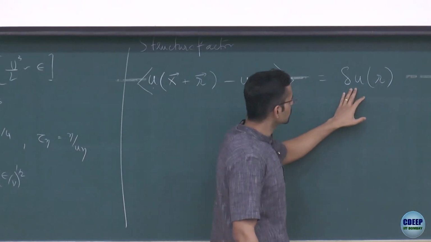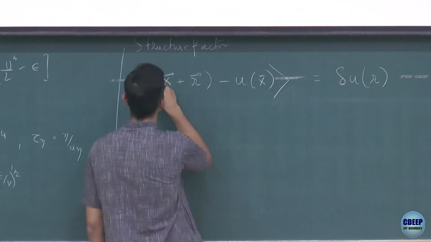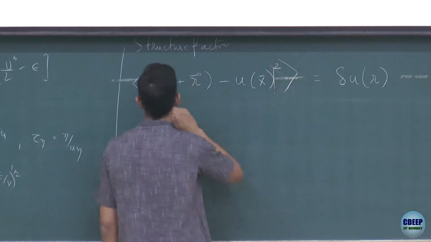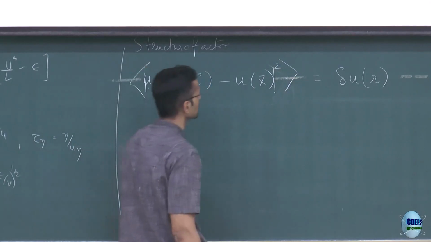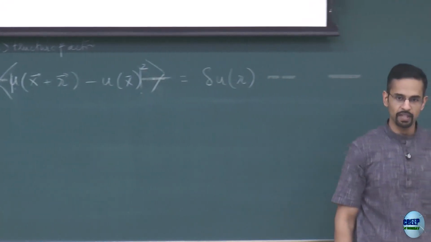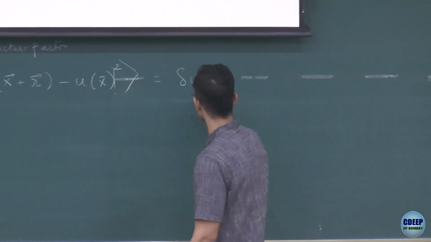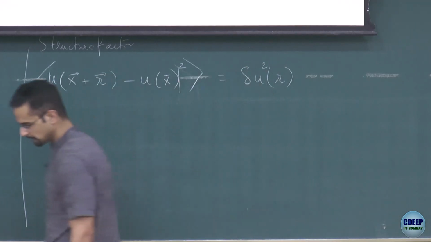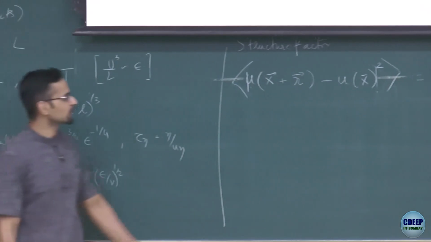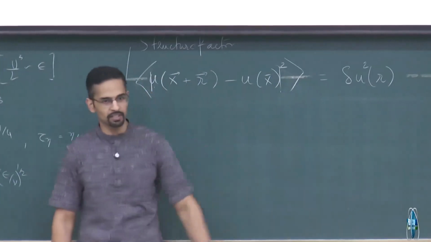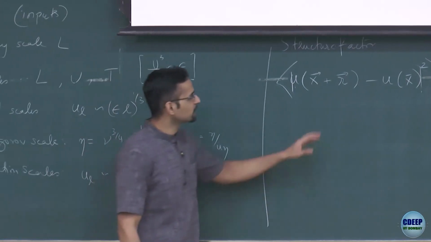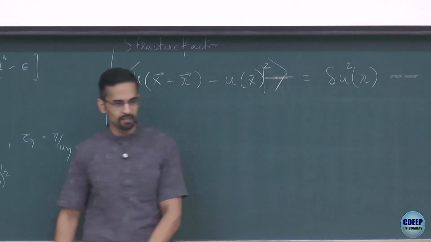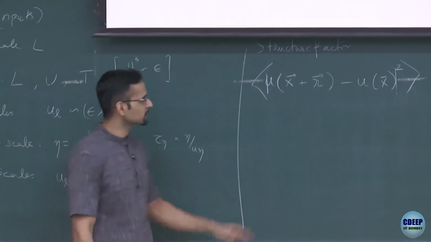So this is the structure factor, and the second order structure factor is when I take this squared. I take the square of that difference and average. That's the second order structure factor. Then you can get third order, fourth order: instead of taking the square, you take the cube, or the fourth power. That gives me higher order moments of a distribution. If you take this delta u, you can get a PDF of it for any given r. It will have a mean, a variance, and so on, and the different moments are the different orders.